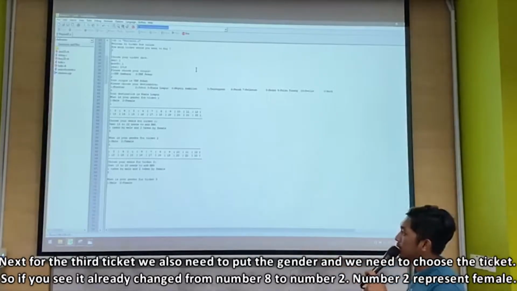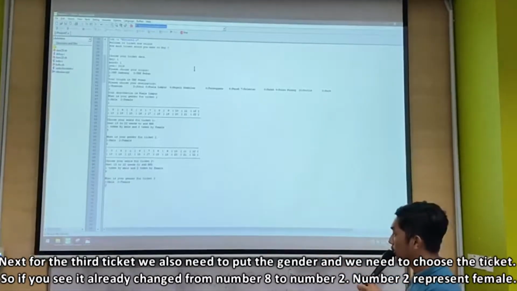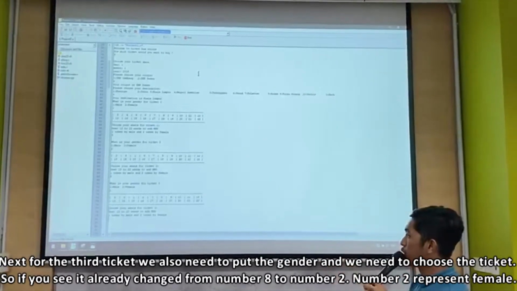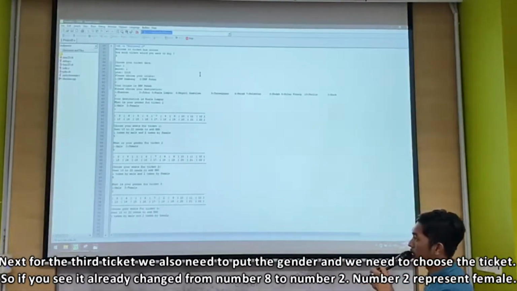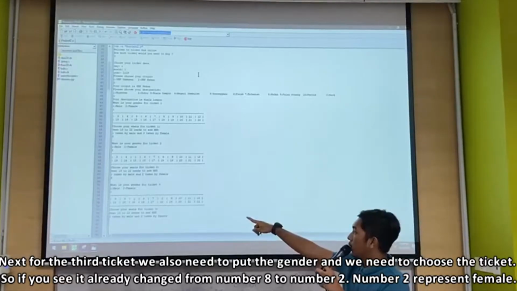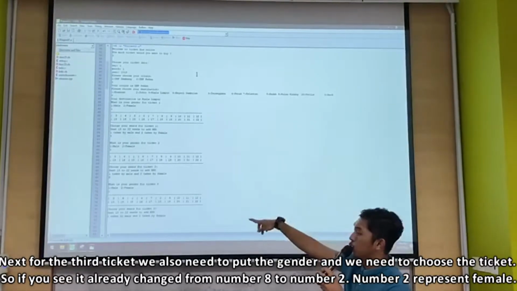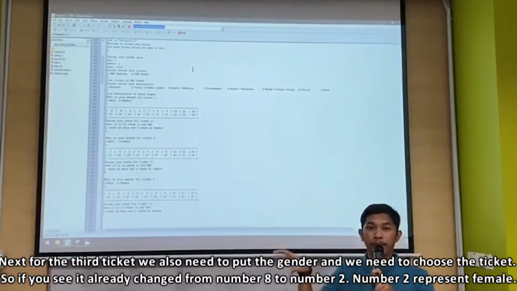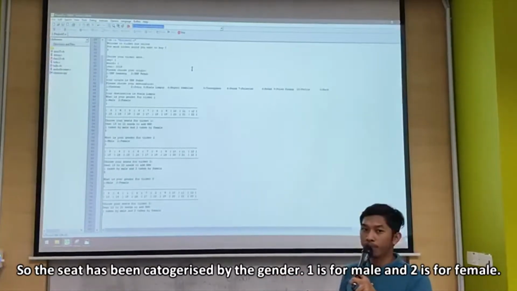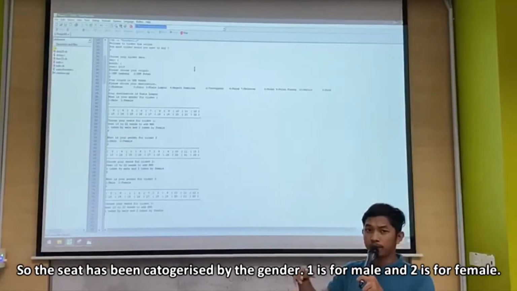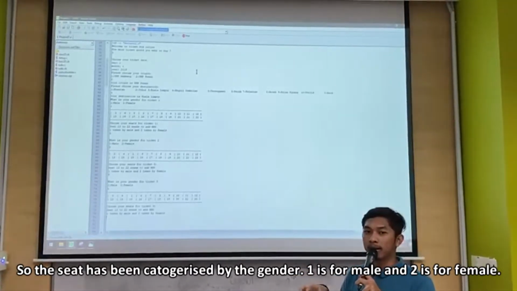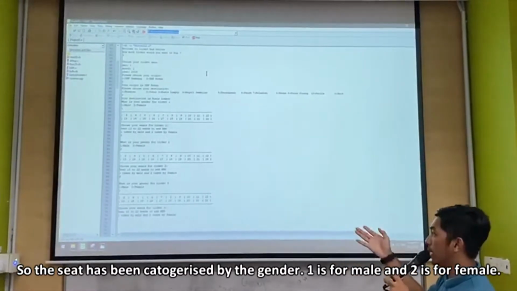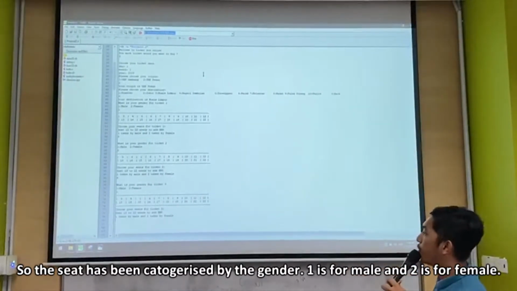Then next for the third ticket, we also need to put the gender and choose the seat. So you see it already changed from 8 to seat number 2. Number 2 represents a female customer. So the seat has been categorized by the gender. 1 is for male and 2 is for female.